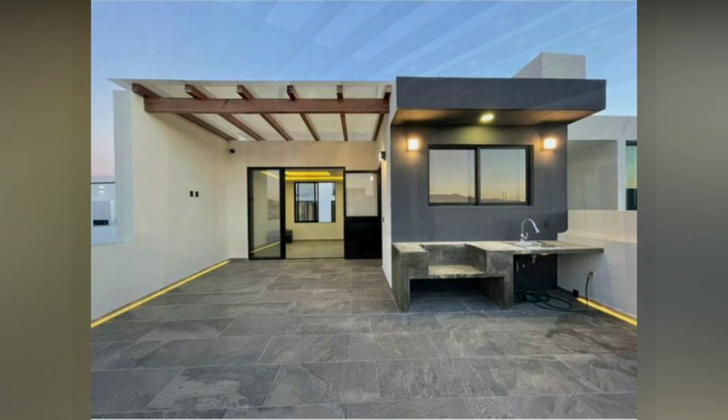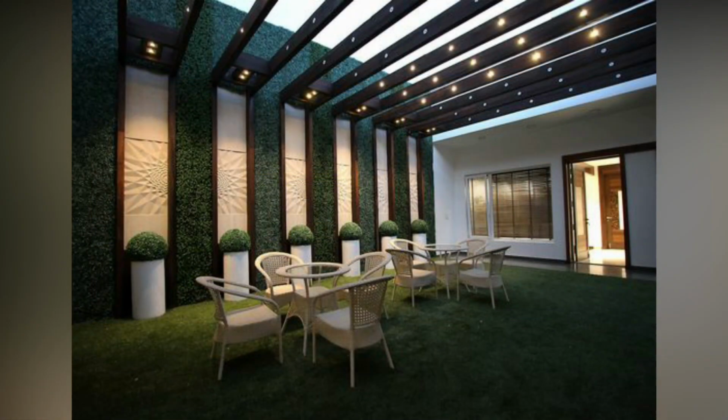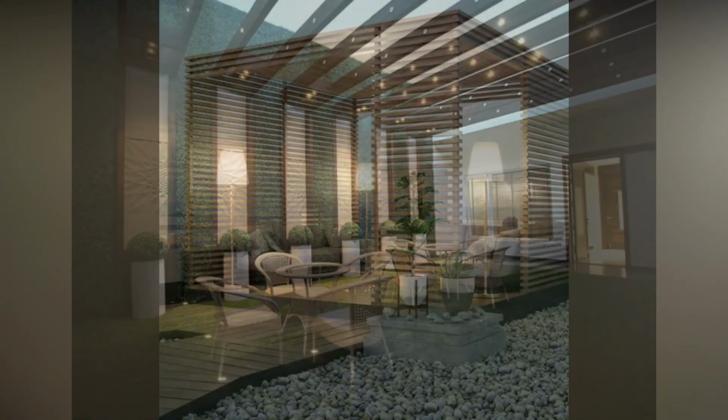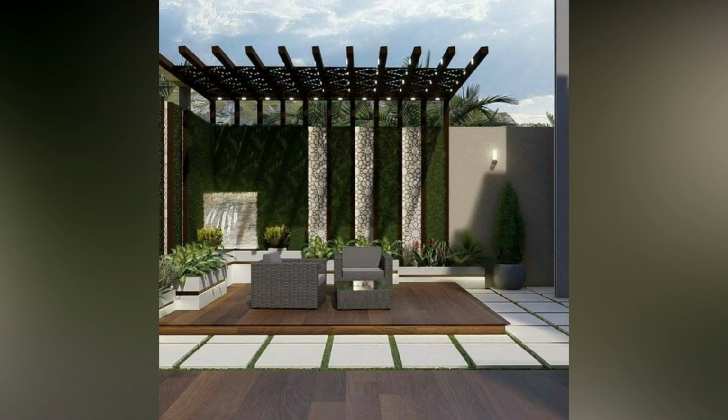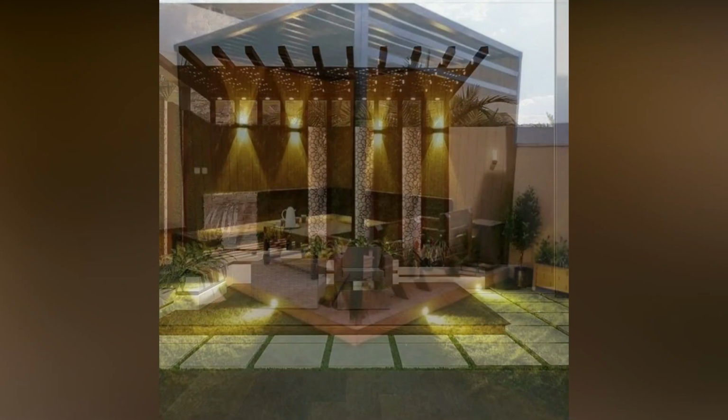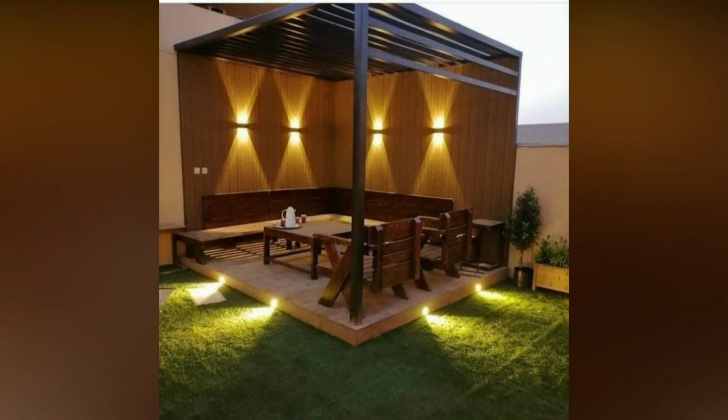As the warmer months approach, seize the opportunity to reimagine your outdoor haven. Let this collection of 51 patio design ideas serve as your guide and muse, inspiring you to craft a space where the beauty of nature harmonizes with the sophistication of design. Elevate your al fresco experiences